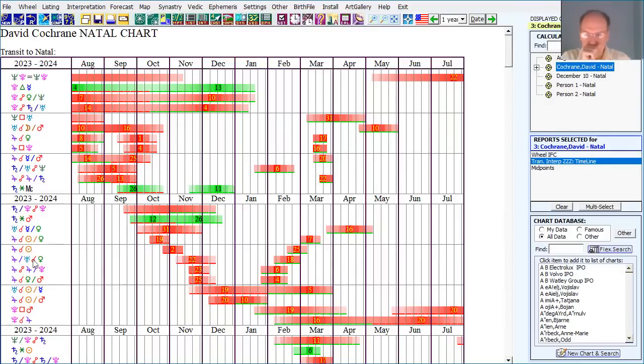Right here in late November, and then again in early February, we can see that the midpoint, now this is interesting, the midpoint is retrograde in November, December. If you take the speed of Jupiter, maybe it's retrograde, maybe it's direct, you take the speed of Uranus, when you take the midpoint itself, the midpoint is retrograde. And then the transiting midpoint turns direct and becomes exact again.